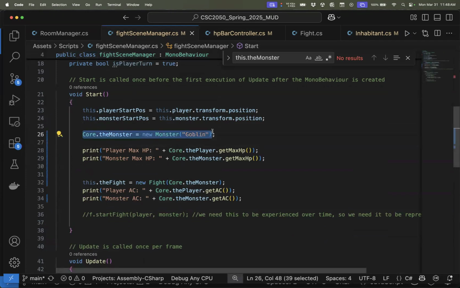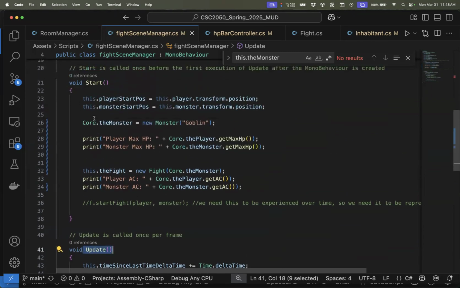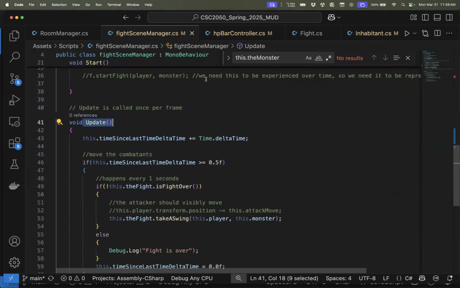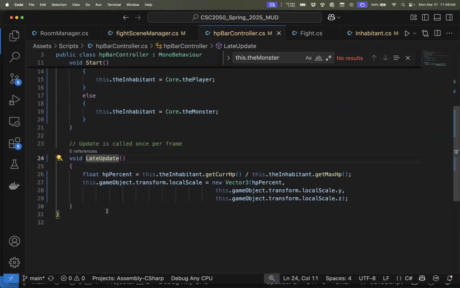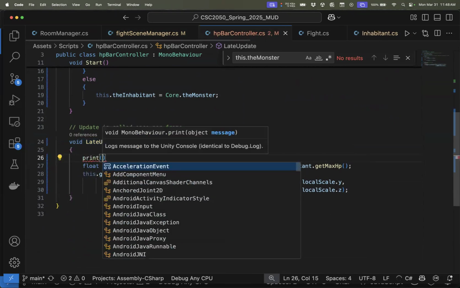Our monster comes into existence right there inside of start for our fight scene manager, who has an update function. So this update function would not get called until after his start has completed. So we know the monster exists by the time we get to this update. Our late update function, this guy, is advertised as not getting called until after all other objects' updates have been called. So I'm going to go in here real quick, and I'm just going to do a print